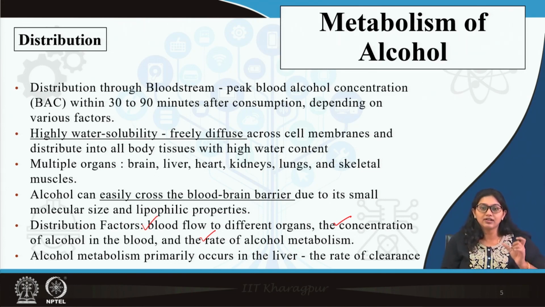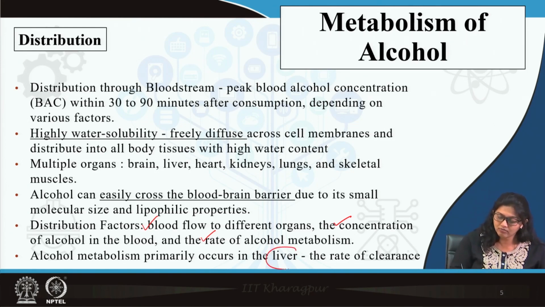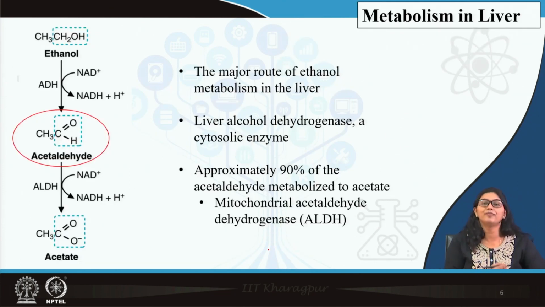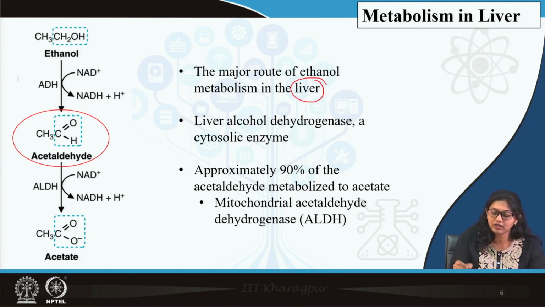Now, remember, regarding the clearance of alcohol, the liver is the most important organ. So, let us move on to metabolism of alcohol in the liver. This is the major organ where alcohol is metabolized, where there is the enzyme alcohol dehydrogenase. So, what happens basically, alcohol is converted to an aldehyde, acetaldehyde, and this alcohol dehydrogenase enzyme is present in